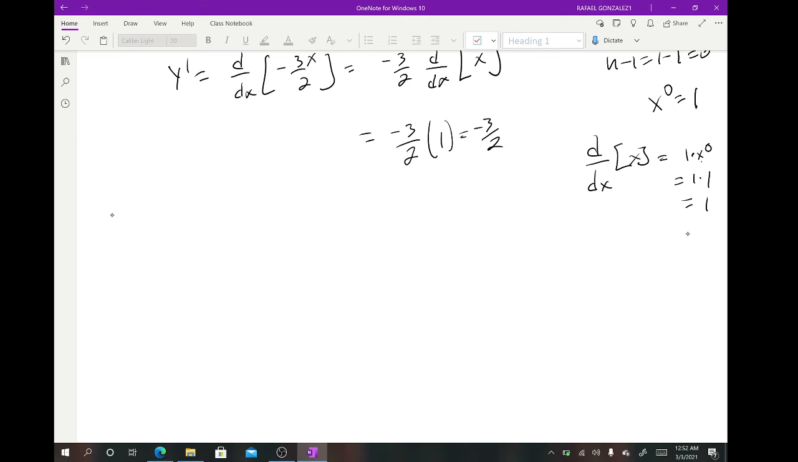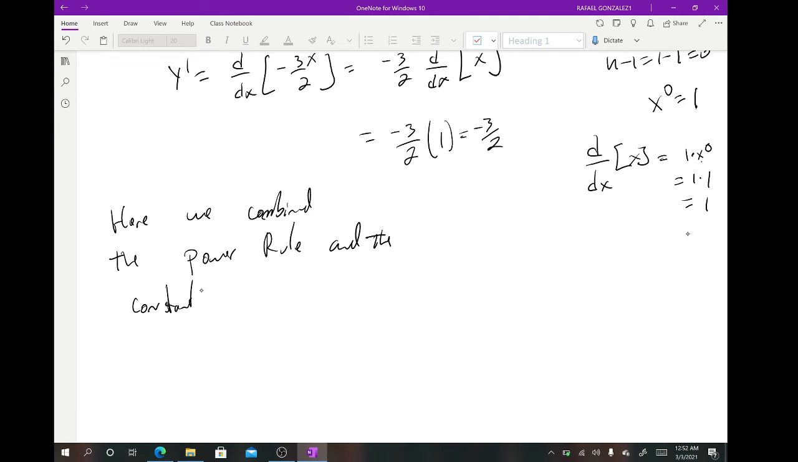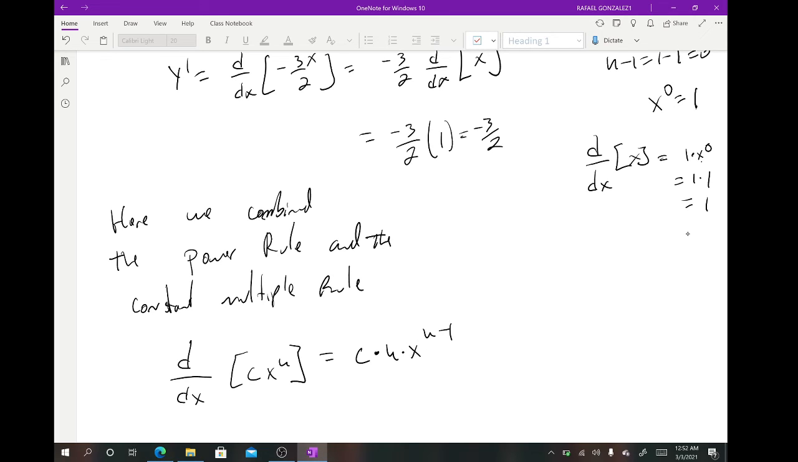So here we combine the power rule and the constant multiple rule. And what we had was the following. The derivative with respect to x of a function x to the n times a constant c is the same thing as c times n times x to the n minus 1. So simply it's just c times the power rule. Remember the power rule,